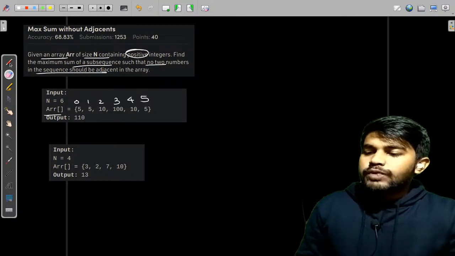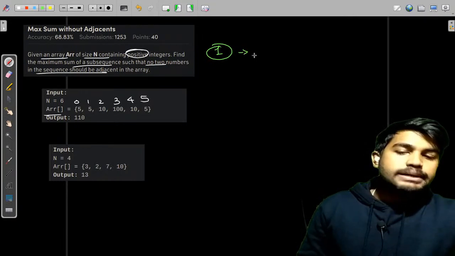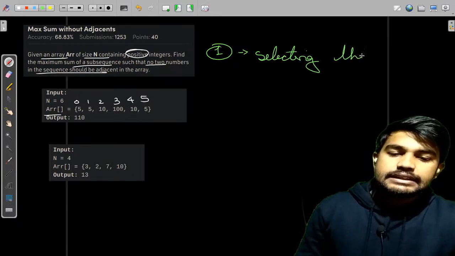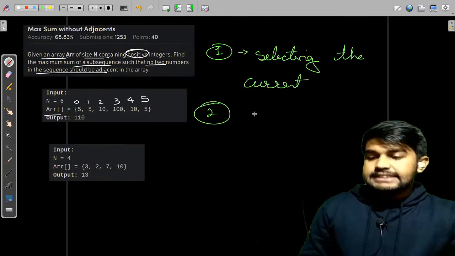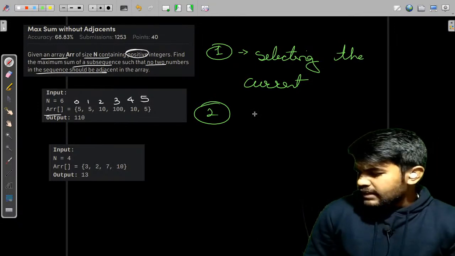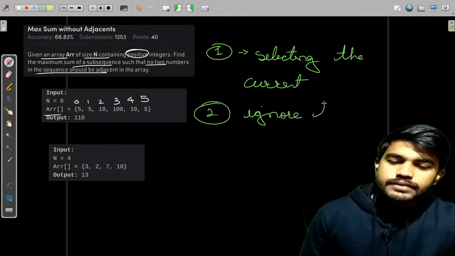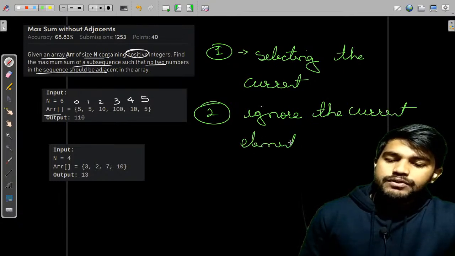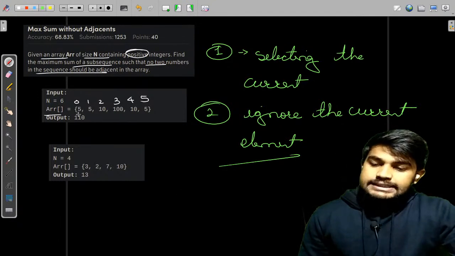Now to solve this, what we can do is the first case itself. The first case would be taking that element into consideration, selecting the current element. The first way. And the second way is that we ignore the current element, rather focus on the other elements. Okay, so we ignore the current element and we focus on other elements. Now if we just see that this element is getting selected